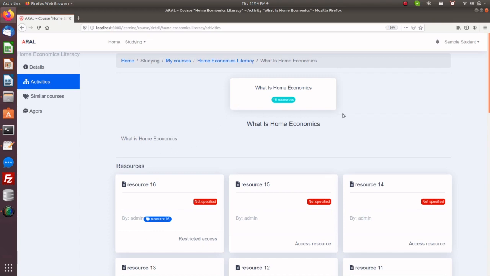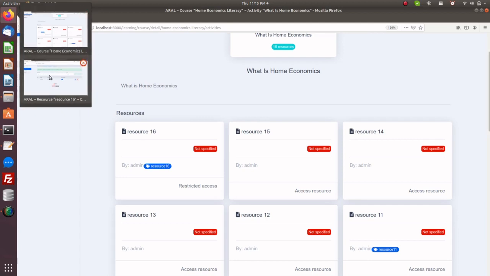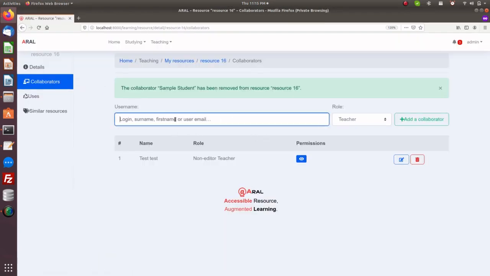So that's why when we did that from the admin side, who's the teacher of this student for this particular activity or topic or course, doesn't have an access for this particular resource. Okay, so again, going back to that account from here, if we add that student as one of the collaborators, or in this case as one of the students of this particular teacher, that this teacher allows that student, which is the sample student, to access this particular resource,